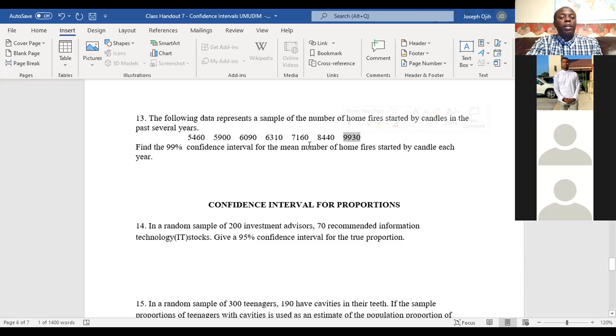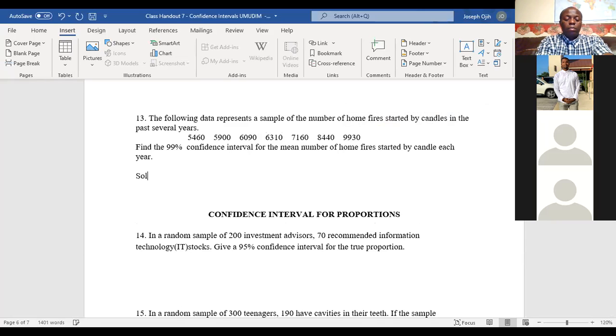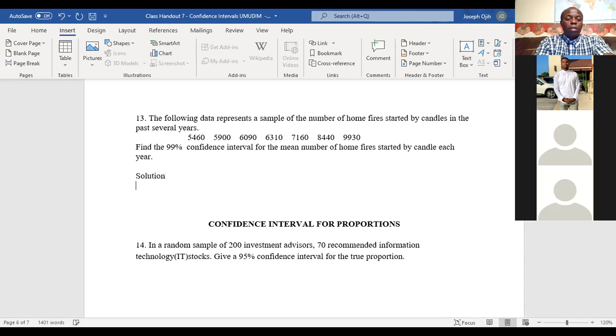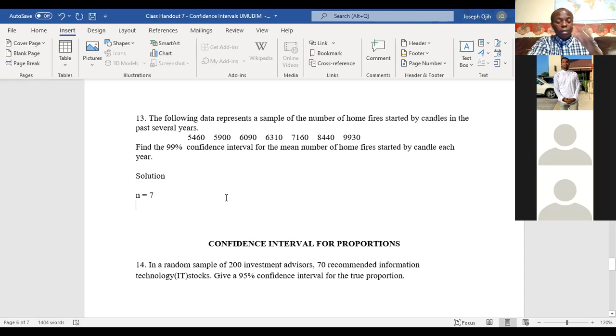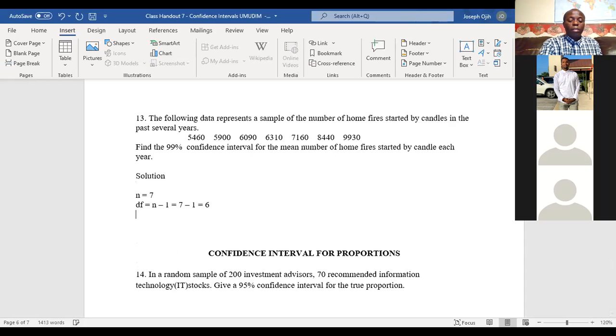So that we have our solution: sample size N is 7. Okay. Now that means that degree of freedom DF equals N minus 1, which is 7 minus 1. That gives us 6. So t alpha over 2